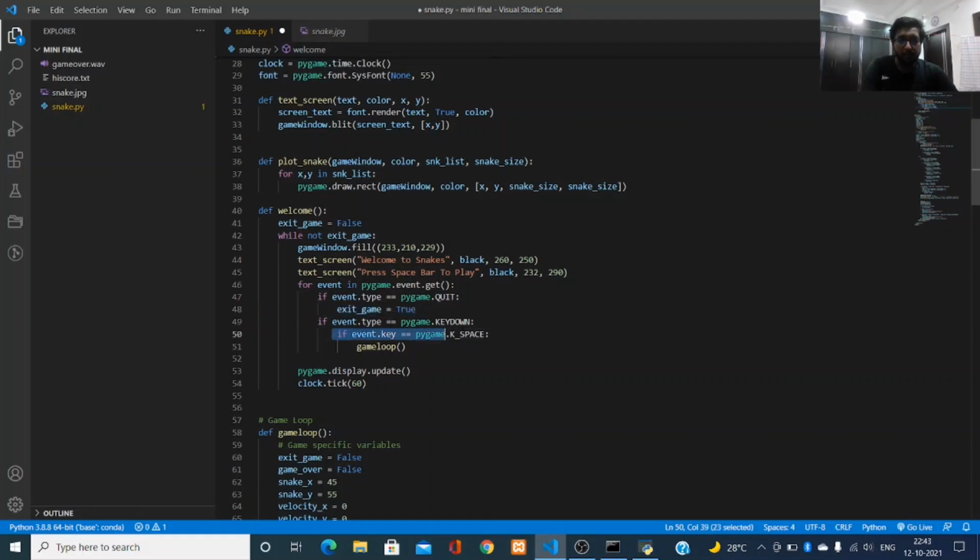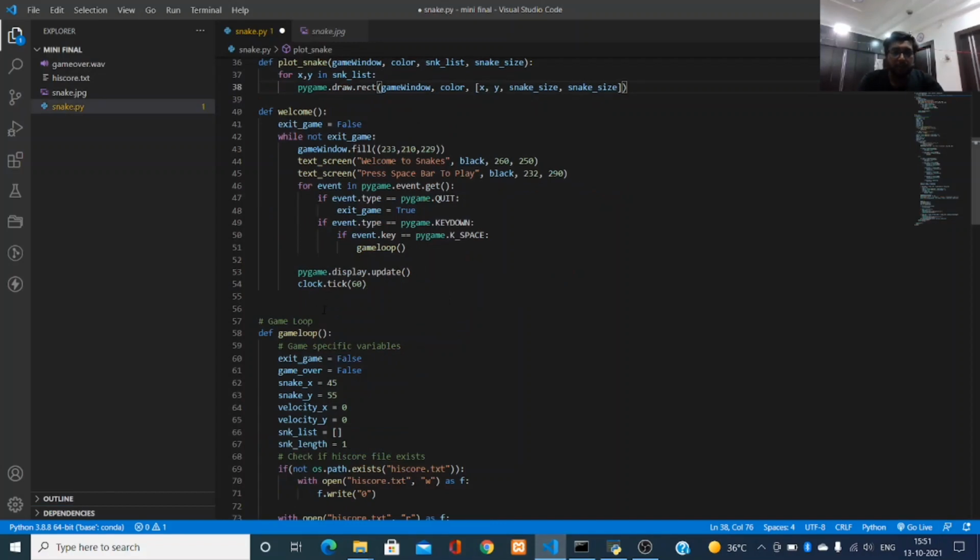If the event dot key equal to pygame dot K_SPACE, K space means the spacebar. If the user gives the spacebar, then the game loop will be called and the game will start. Then the clock tick function, it will show how often the while loop will be updated.